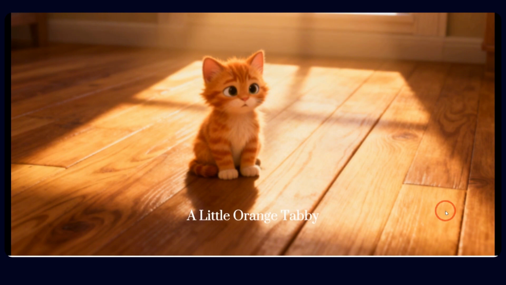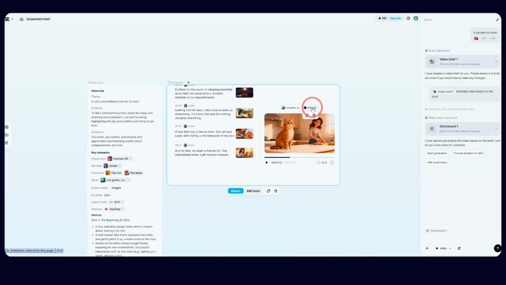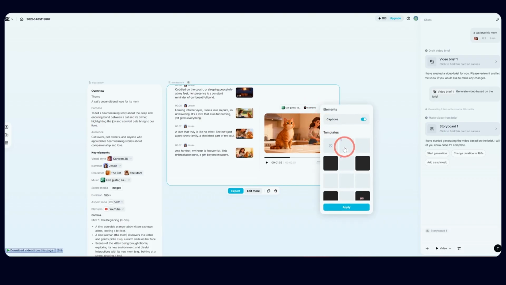A little orange tabby, lost and vulnerable, yearned for